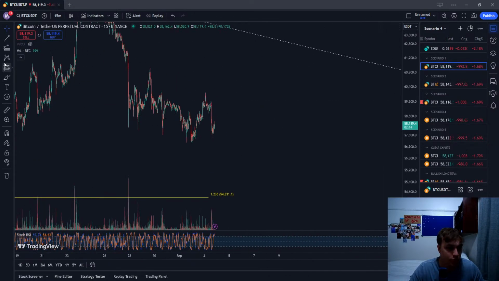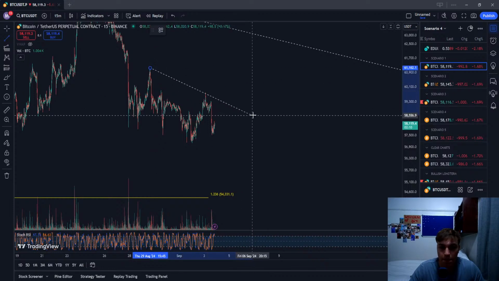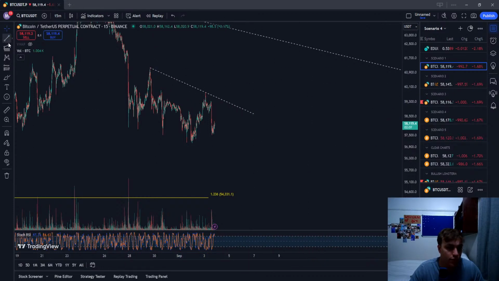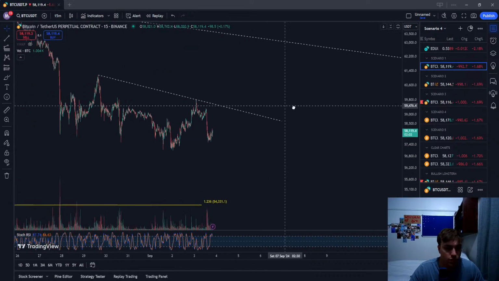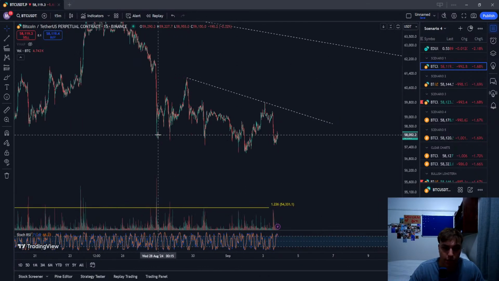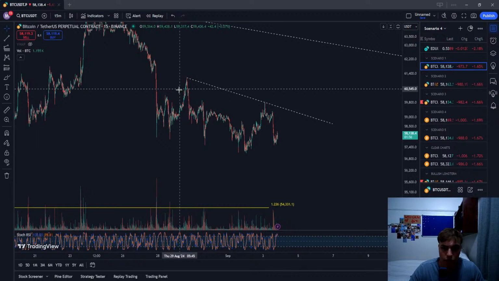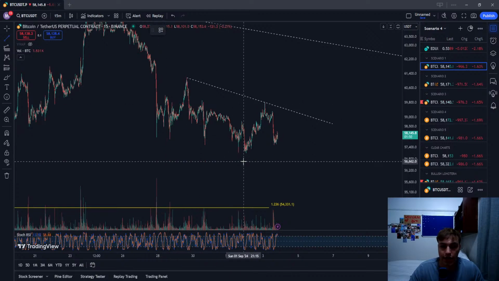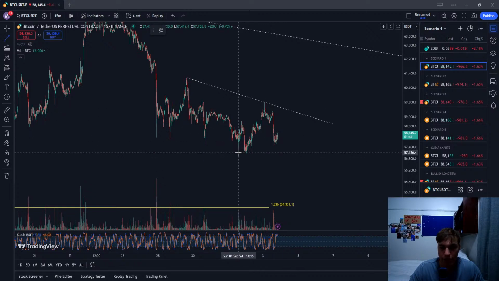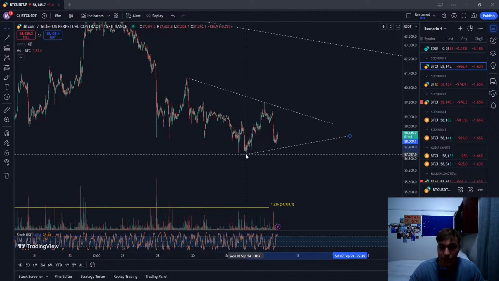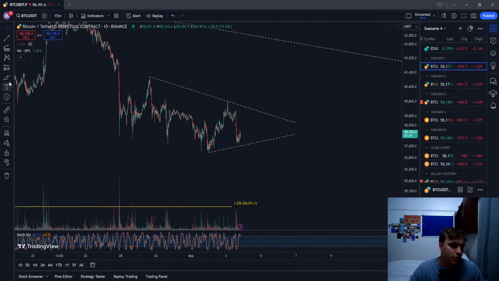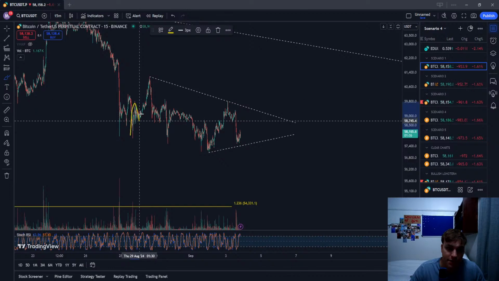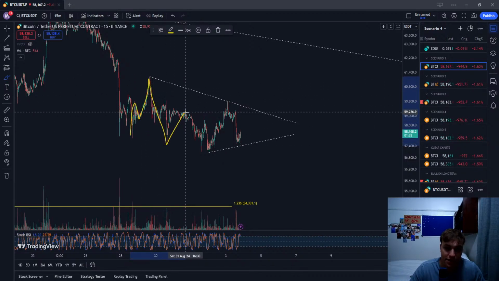But this triangle, what I was actually pointing out here, was this is quite interesting. A move like this, and a move, no, this actually doesn't look like any type of triangle. A, B, taking the low. A, B. Oof, imagine. Okay. So A wave up, B wave, C wave up, D wave. It would be a very, very ugly triangle, but we would cope nonetheless. A, B, C, A, B, C.